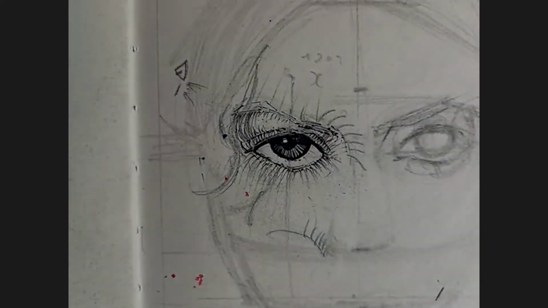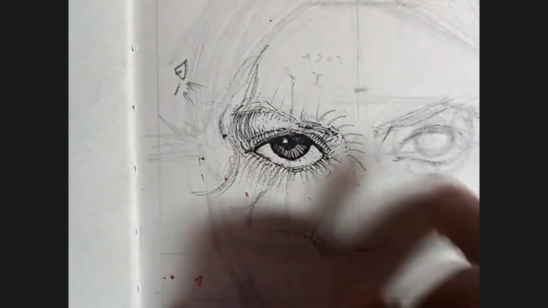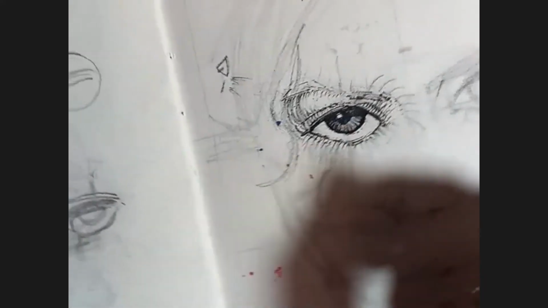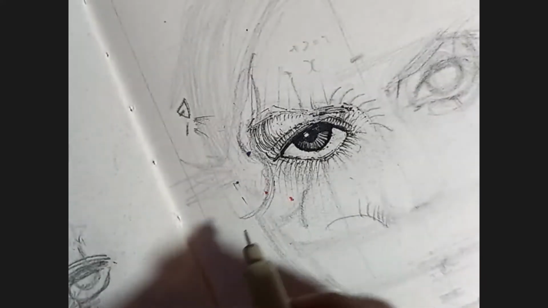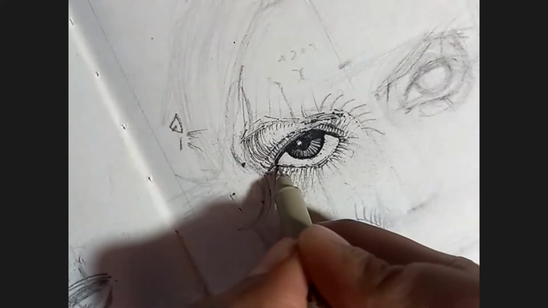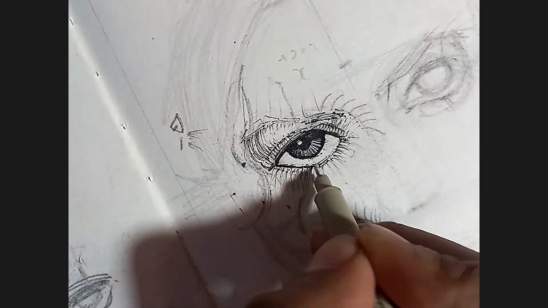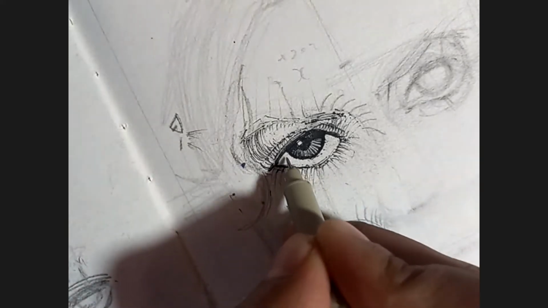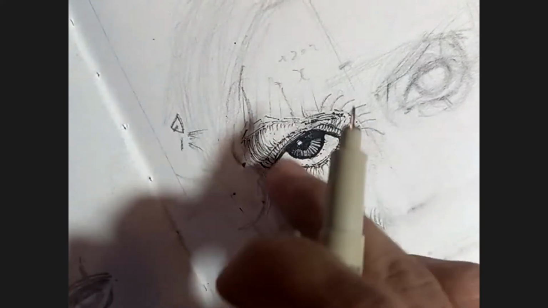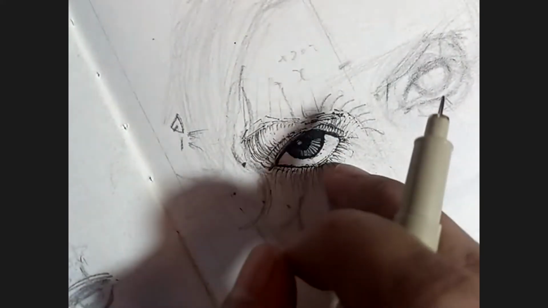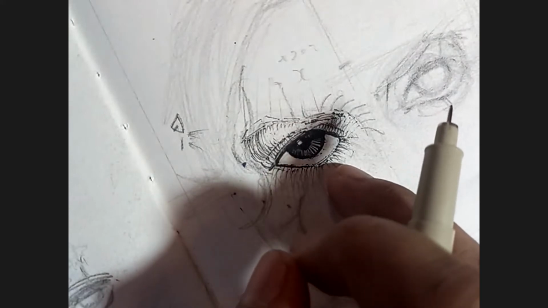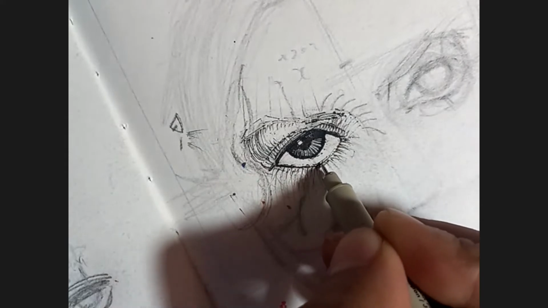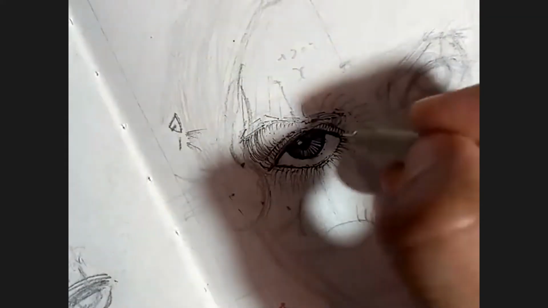And then I'm making these bold. A lot of this is about contrast. I'm making this bold and I'm carving it in. And similarly, I can work on this region as well. So the white of the eye, we will work on that as well. That needs to be worked very carefully. But I'm going to first work on this bottom eyelid. So below the waterline is where I'm going to be working.